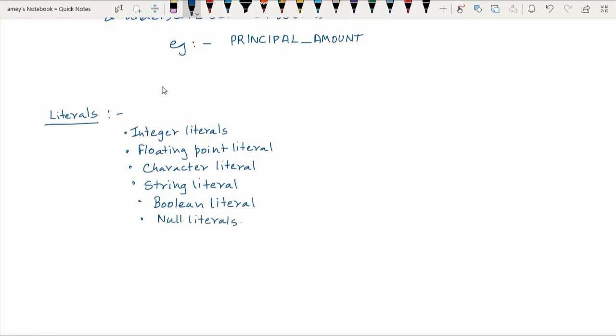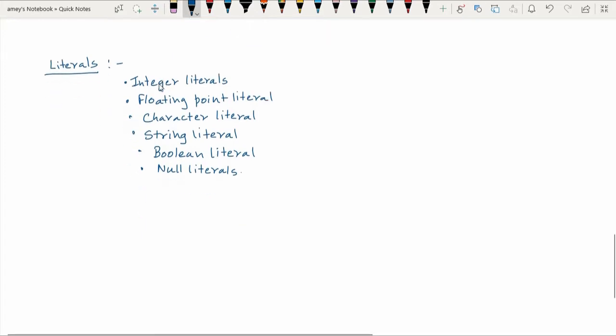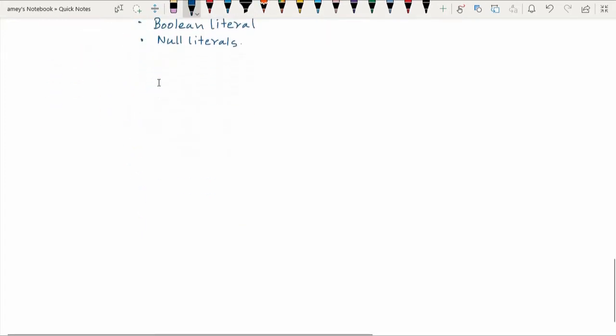We shall see all these literals further. I'll be talking about literals, or constants.